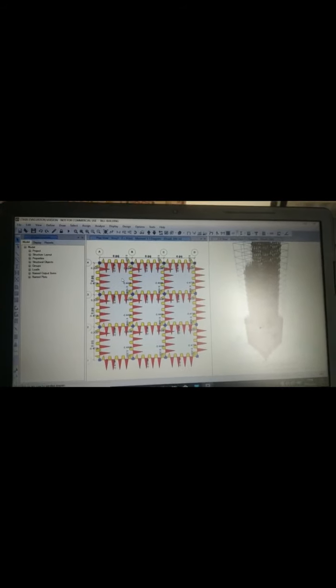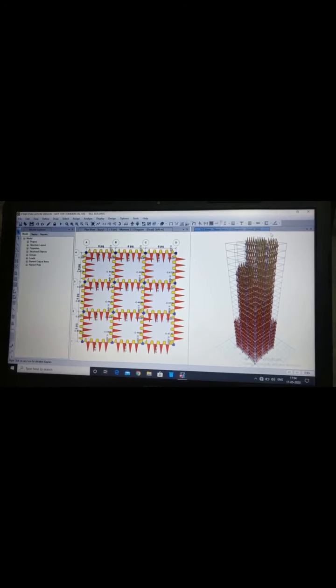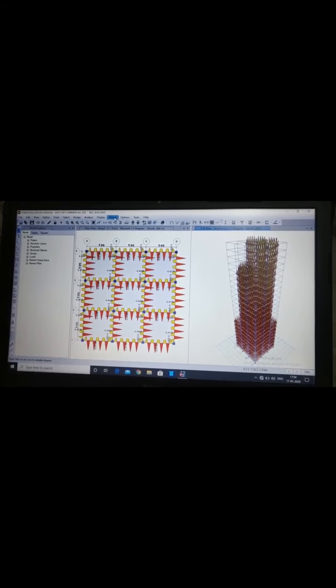So for that, click on the display menu and force stress diagram, and now you have to open a frame pier spandrel. On the left side, you can see the bending moment diagram for story 3 in the plan view. Now click on any beam member and you can see all the things including shear force, bending moment, deflection. So now we have to move on further to the design part.